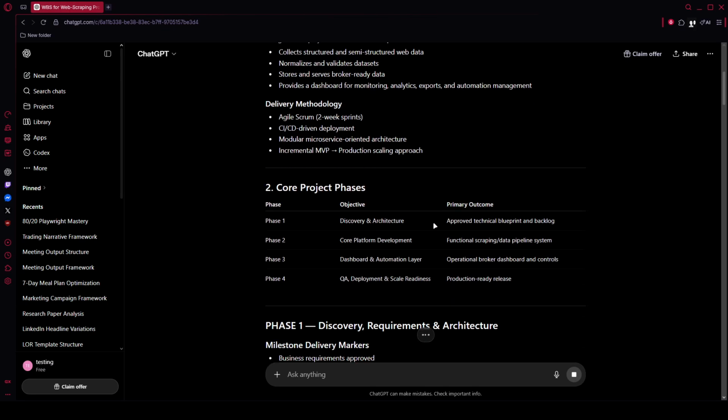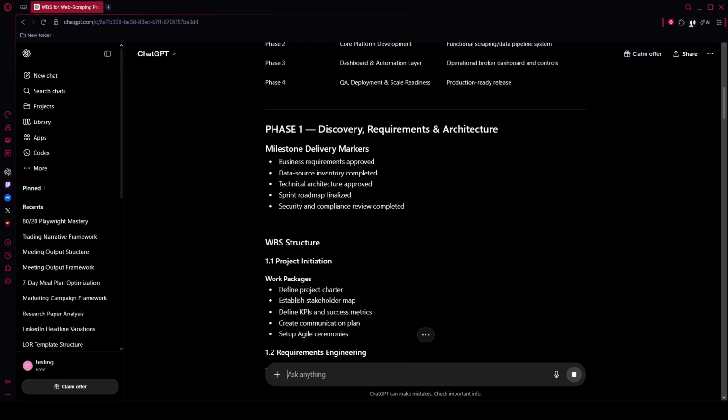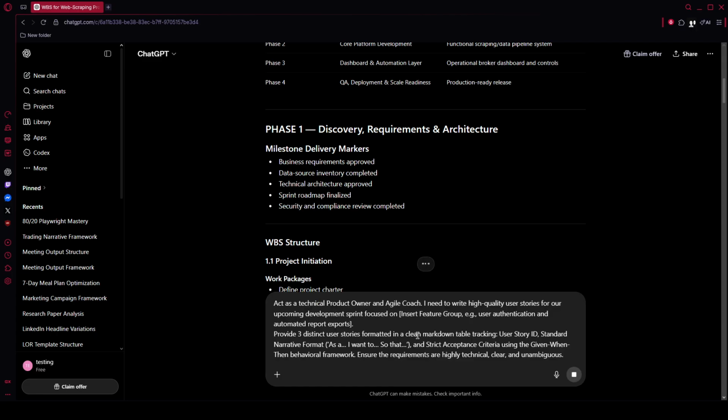Finally, generate sprint-ready user stories with the sprint planning and user story matrix prompt. Act as a technical product owner and agile coach. I need to write high-quality user stories for our upcoming development sprint focused on [insert feature group, e.g., user authentication and automated report exports]. Provide 3 distinct user stories formatted in a clean markdown table tracking